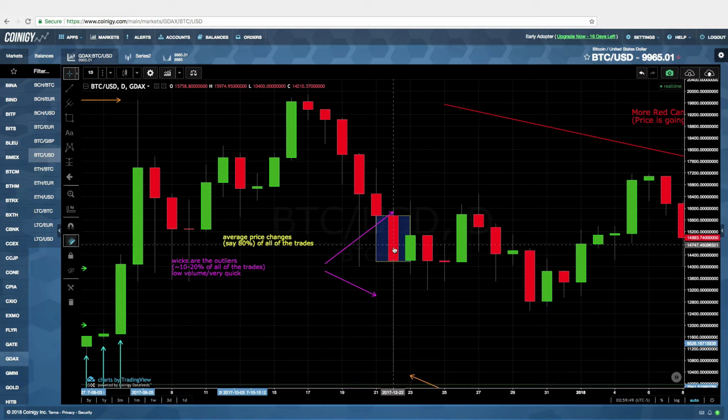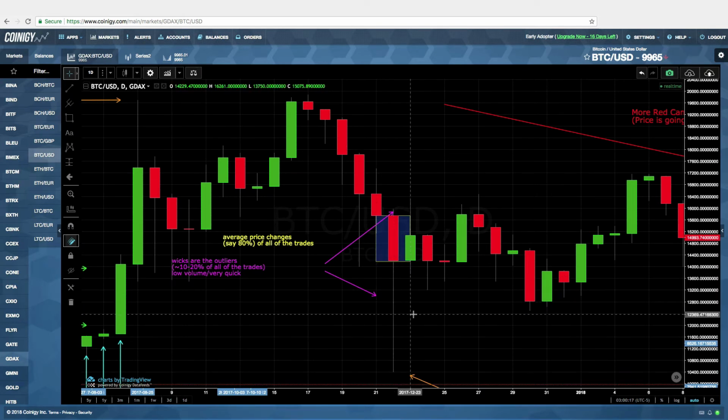So between around 14,170 and around 15,730. This is where the majority of the buys and the sells happened. And then the wicks, these are the outliers. This is where 10, maybe 15, 20%, if that, of all of the volume of the trades happen during the